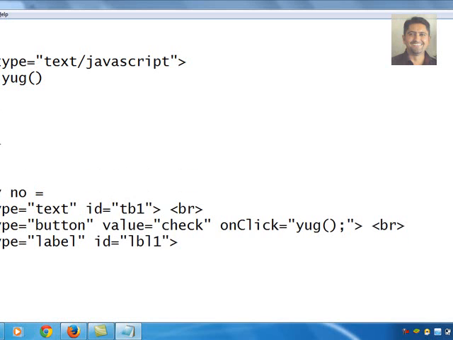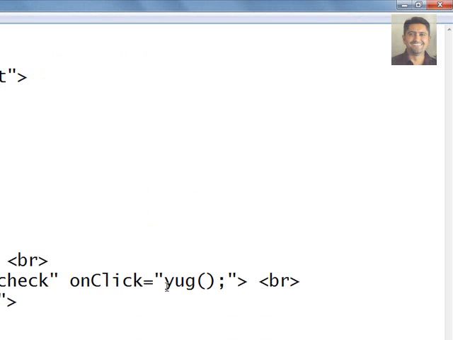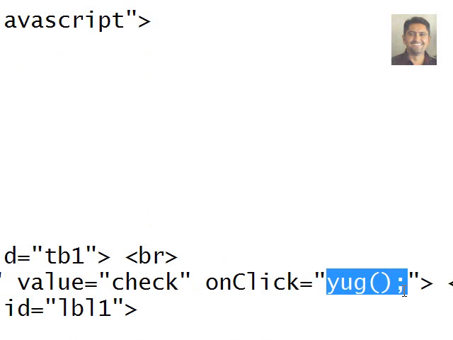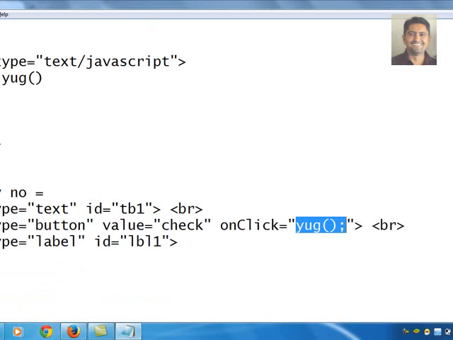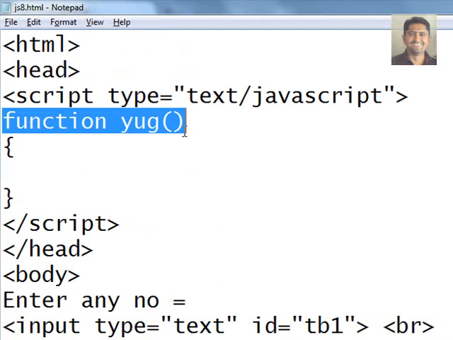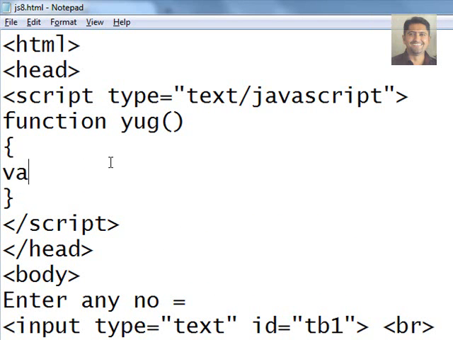Now, first of all, when I click on this, it will find this yug. It is called function calling. When my cursor goes to function yug, into that we need to convert my text box value in var x. x is a variable where we want that value as an integer or a float form. So parseInt, it is a conversion, and into the conversion I am using